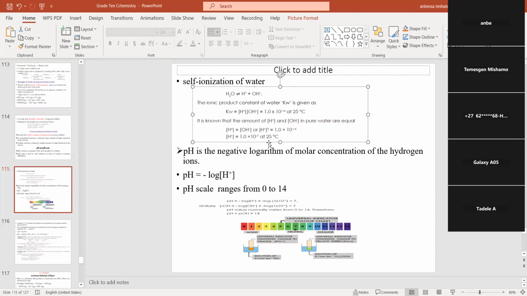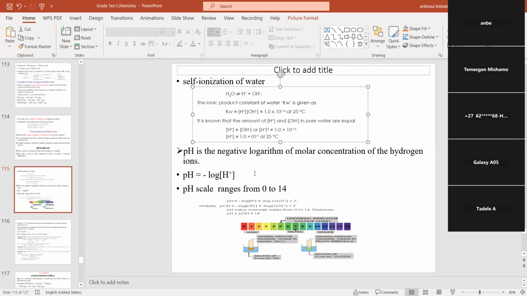X is equal to square root of 1 times 10 to the power of minus 14 ስንል x ምን ይሆናል 1 times 10 to the power of minus 7 ይሆናል ማለት ነው። concentration of hydrogen 1 times 10 to the power of minus 7 ይሆናል። concentration of hydroxide 1 times 10 to the power of minus 7 ይሆናል። የነሱ ድምር ነው minus 14 የሚሆነው ማለት ነው።